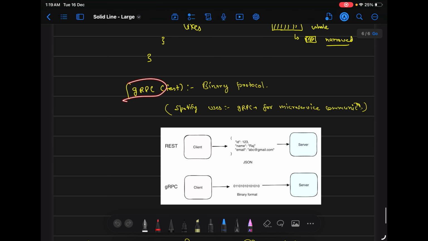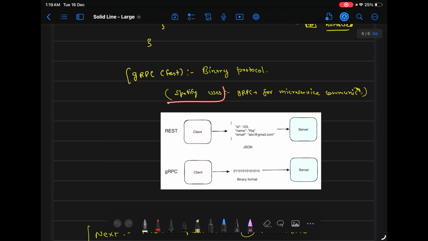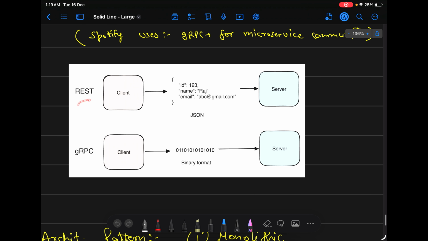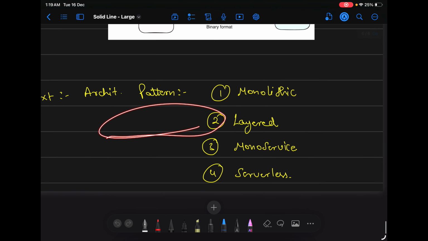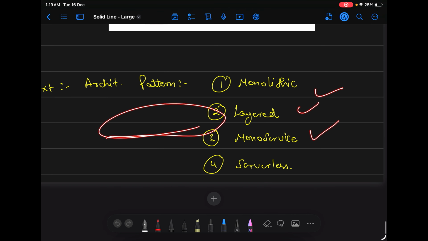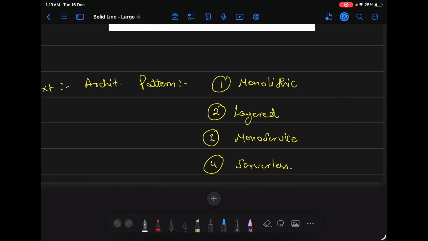And then we have gRPC, that is a binary protocol. Spotify uses it for microservice communication. For example, in REST we have this type of JSON, and in gRPC we have this binary format. So in the next video, we'll be talking about some architectural patterns, that is monolithic, layered, microservices, and